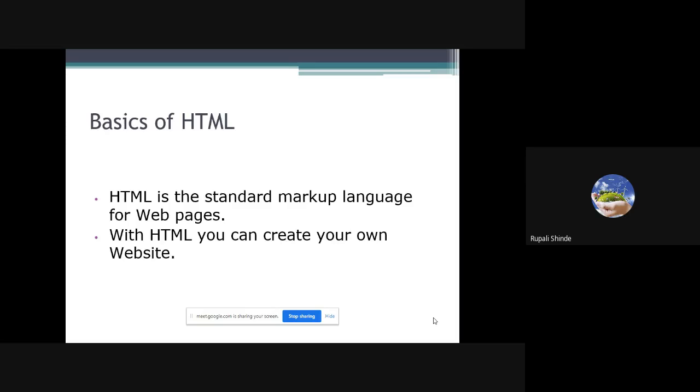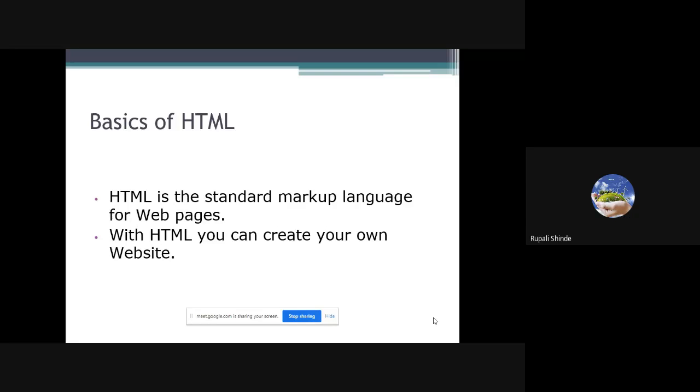So here we require some languages with the help of which we can define websites. A website is nothing but a combination of web pages. First we are going to see how to design a web page, then how to combine those web pages, and by using that combination we develop the web application. To develop any web page, we require one language whose name is HTML.